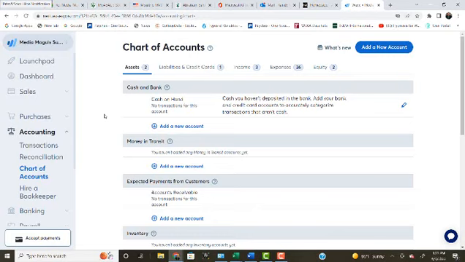You can also do that on the fly, but see up here where it says add a new account, you can do that there, and when we're making transactions we can do it there as well. Okay,